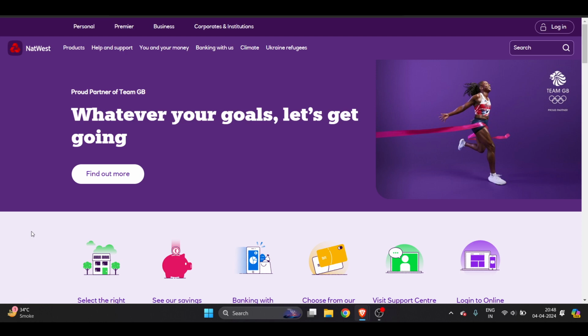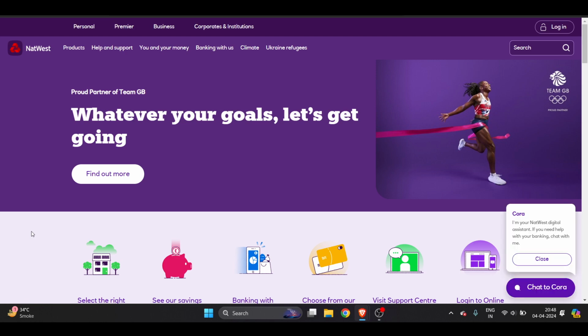How to see your customer number on the NatWest app. It's a very easy thing to do. I will explain each and everything about where you can find your customer number. So first of all, you can just visit the NatWest website, or you can visit your NatWest mobile